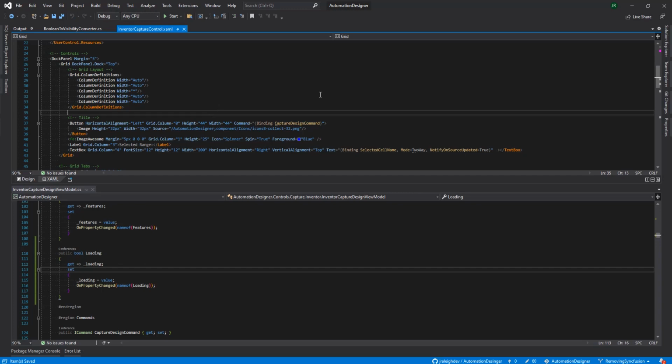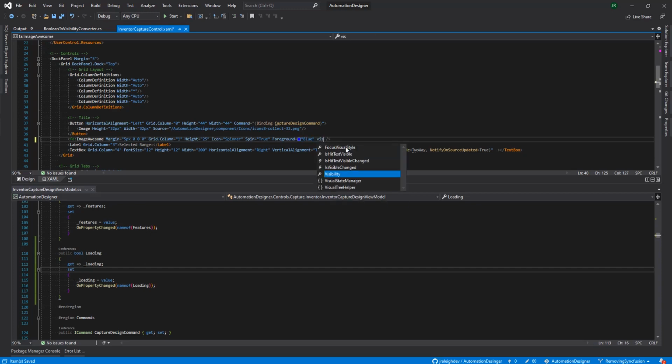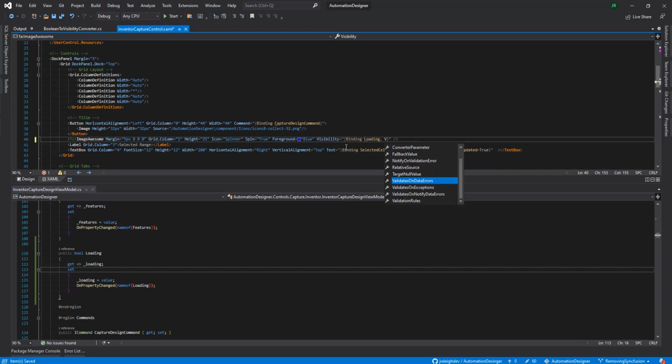So now let's go into this guy. What we're going to do is say visibility, and we're going to say binding, and we're going to say loading. I think the next step is,